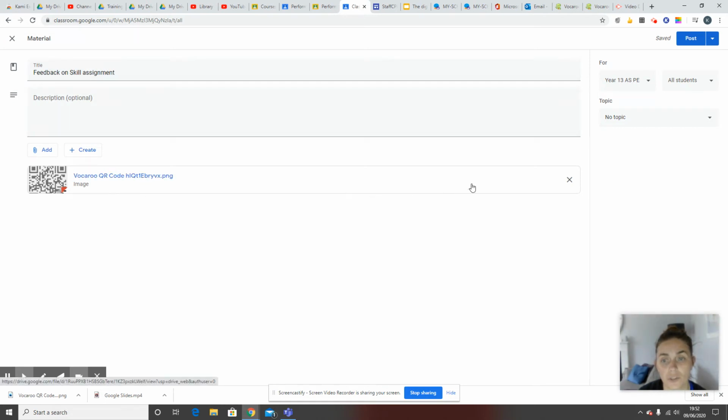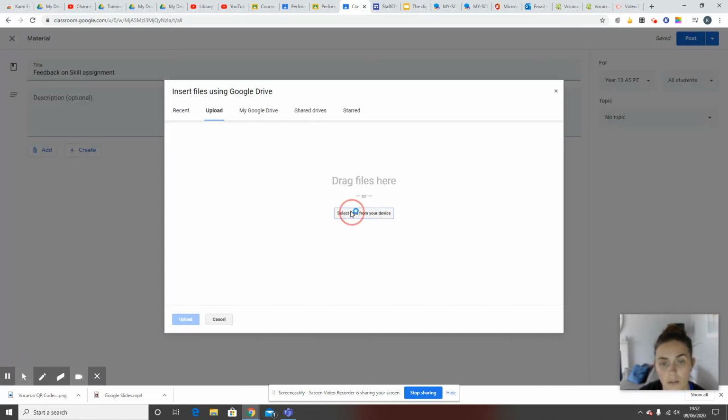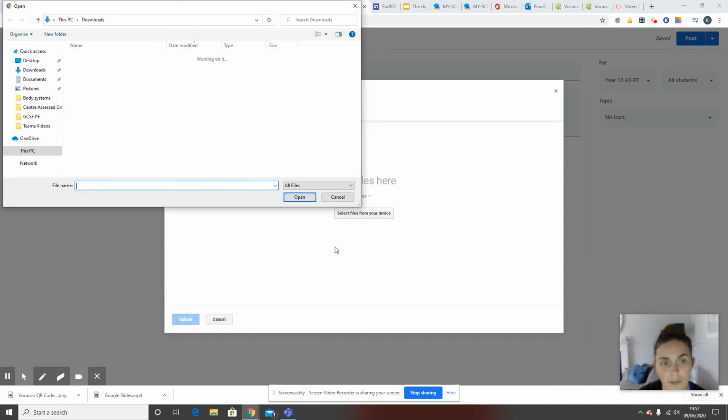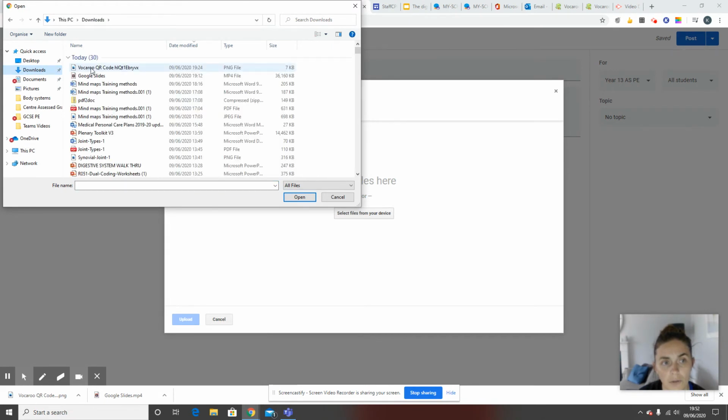And then what you have the option to do, and I'm going to just delete this so that I can show you, you have the option to upload either the recording or the QR code. I'm going to show you the QR code because the recording works the same way. So you click add, go to file, select to upload from your computer. And then because I downloaded it, I'm going to go to the downloads tab